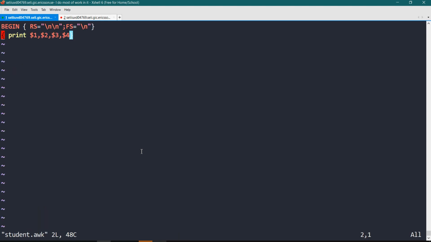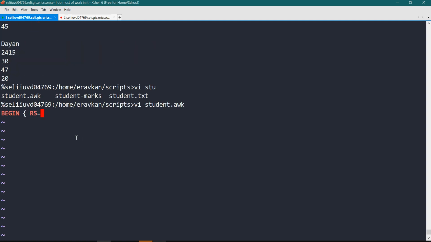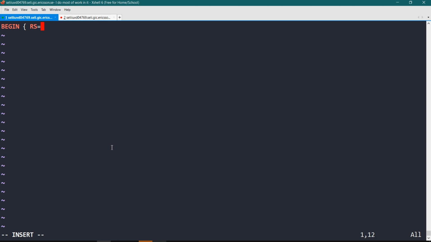I already have one, one second, let me remove it. So I am writing begin, then I am specifying record separator. See, there are 2 times new line, so my record separator is 2 times new line.